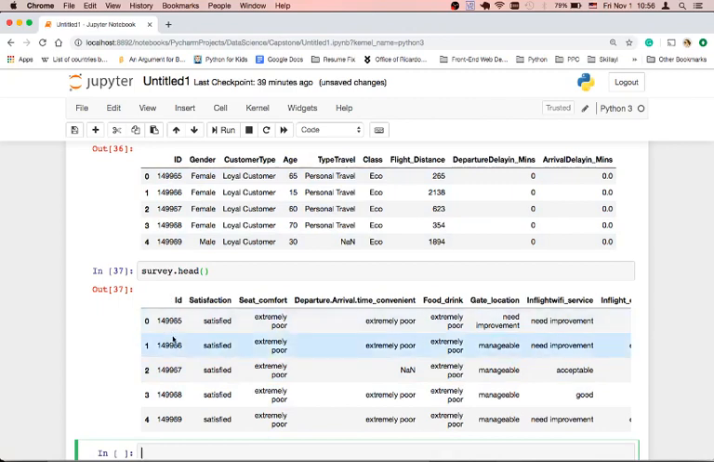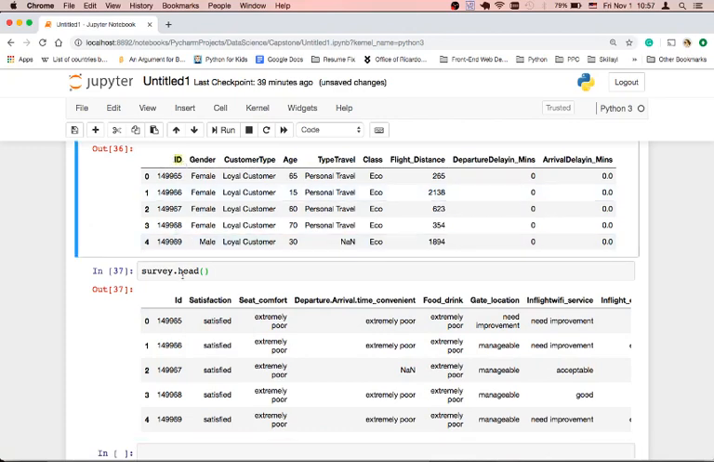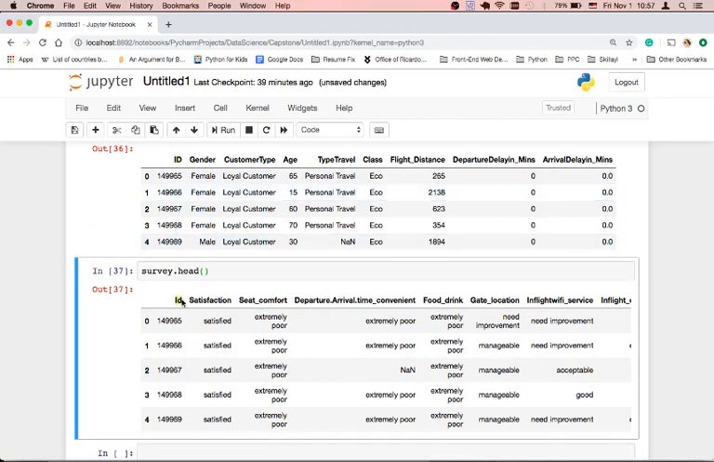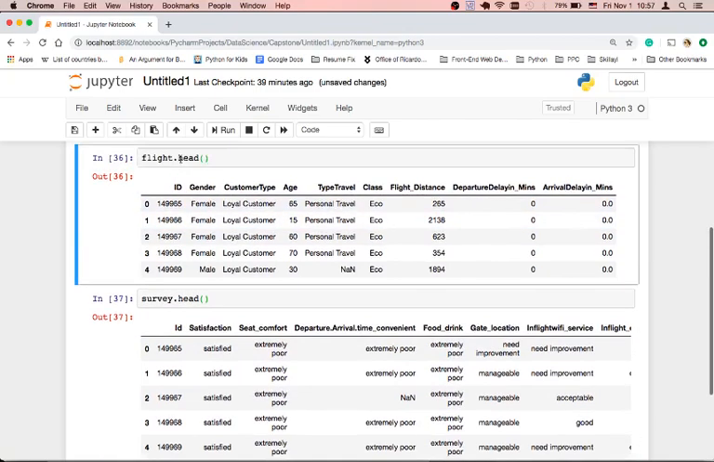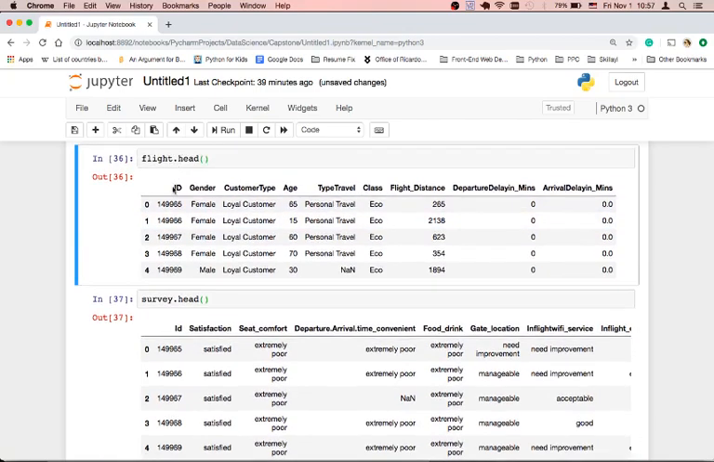That looks good. So that means we can build a relationship between these two datasets using the ID column. But what's clearly noticeable is that the ID column has a different case here. In the flight data it's in uppercase, and in the survey data, it's in title case. We'll have a look at that a little later. But first, let's see what